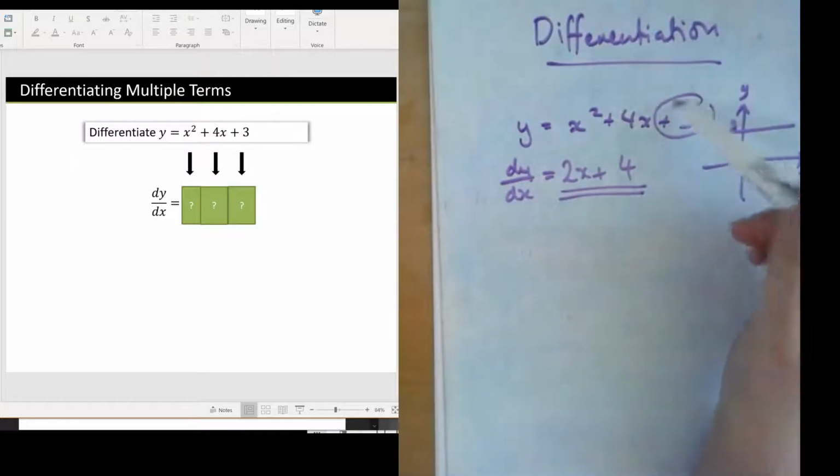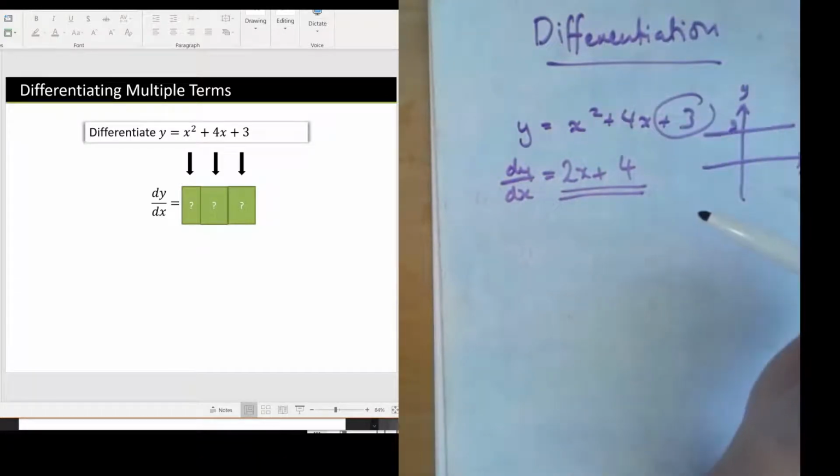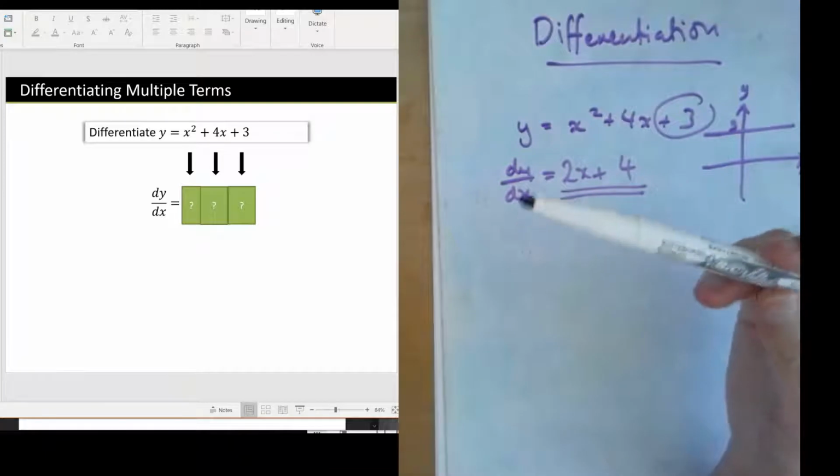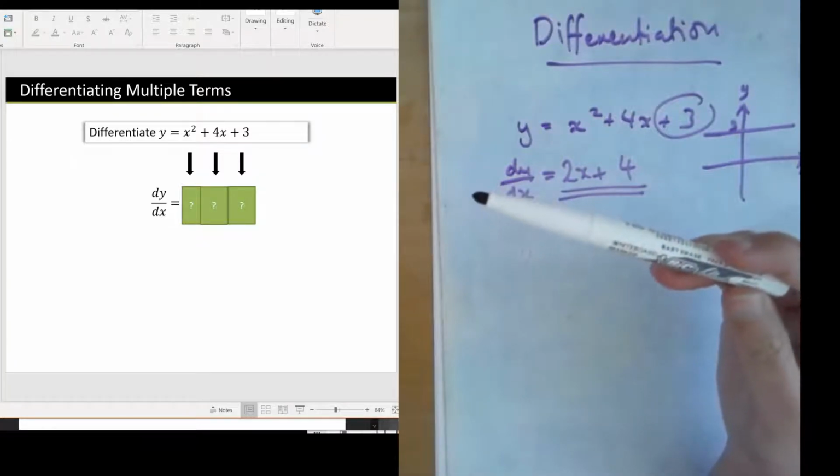So anytime you see a constant and it doesn't have an x term or anything else connected to it, when you differentiate, that just disappears and it just becomes 0. So when you have terms like that, just make sure you make it into 0. The only thing you would have just to